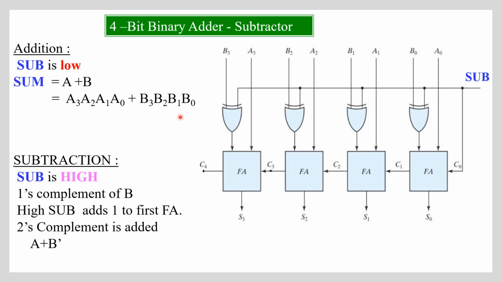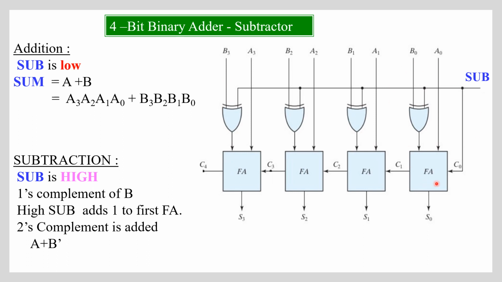B3, B2, B1 and B0 passes through the control inverter. So this is a control inverter, passes through the control inverter as it is, without inversion. So whatever B, because sub is low, so it doesn't affect. So what is B? It passes. Sub means inverter. Inverter is low. So what we get? जो भी इनपुट है वो आउटपुट में आएगा. सो व्हाट B0 है तो यहाँ क्या आएगा? B0, वैल्यू ऑफ B0. B1 है तो यहाँ B1, B2 है तो B2 and B3 है तो B3.